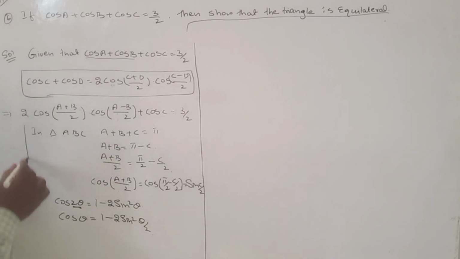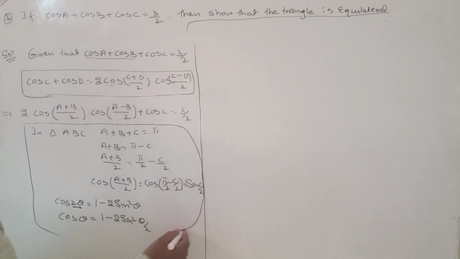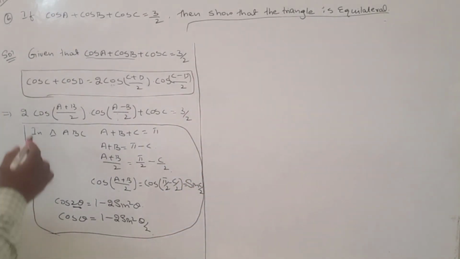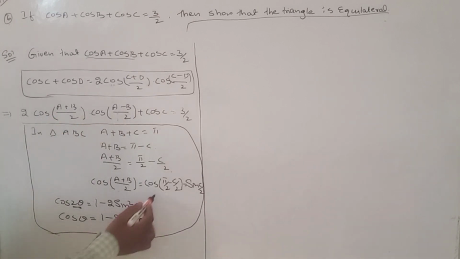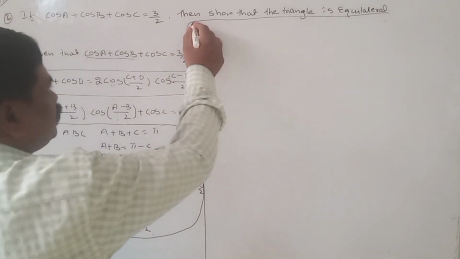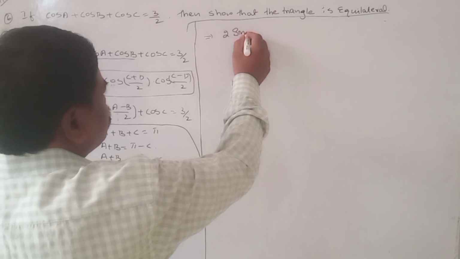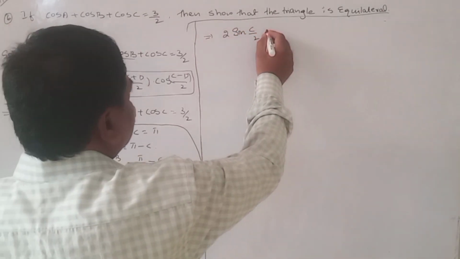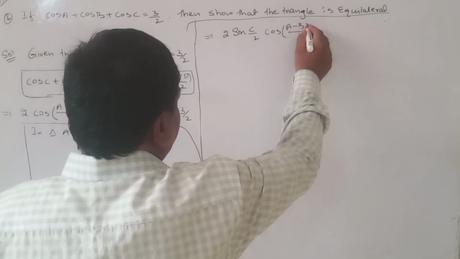Now you have to apply this here. Cos of (A plus B) by 2 is equal to sin C by 2, so by applying this, we get 2 into sin C by 2 into cos of (A minus B) by 2